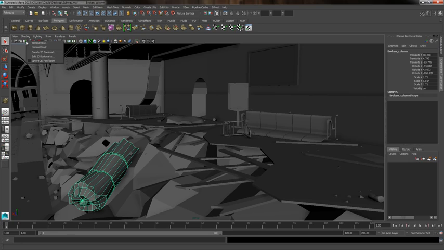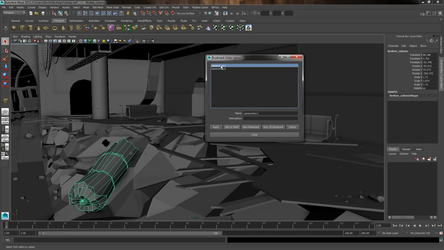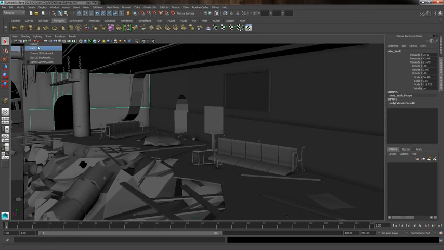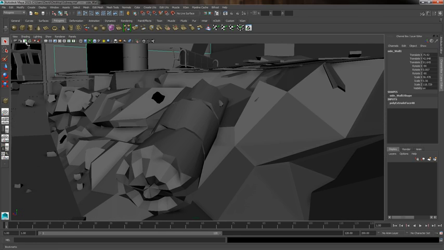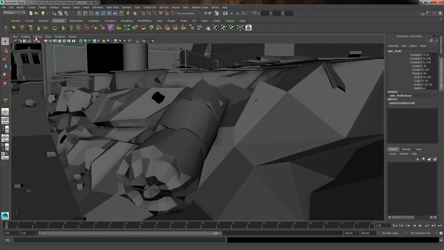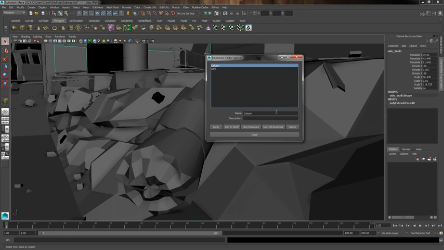And again, you can right click, edit 2D bookmarks, and then camera 1, I can call it column, and then camera view 2, I can call it cart. So now when I right click on it, see column, right click, cart, right click, column, and that's how it works. And you can also delete them, so you can select here, say delete,